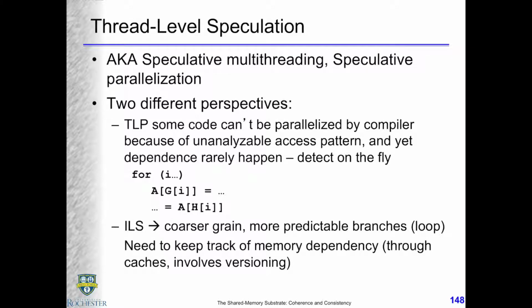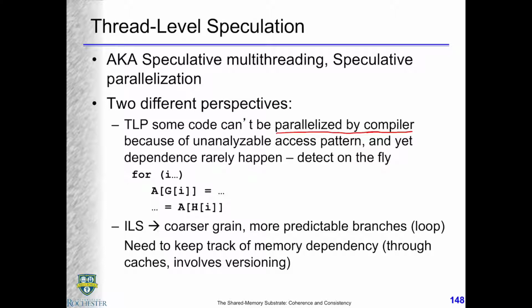Concerning coherence, let's talk about the concept of thread-level speculation. This is also known as speculative multi-threading, speculative parallelization. It's really two ways of looking at the same thing. One way is to say, I have a parallel computer, I can build that, that's easy. The problem is, I need programs to be written in parallel, either explicitly or, ideally, parallelized by a compiler. That's much better. But a compiler is